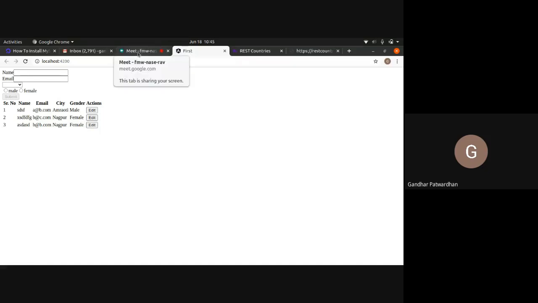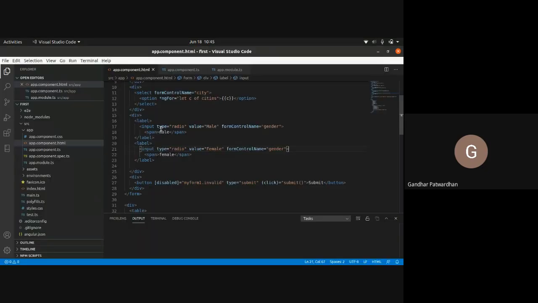It is pretty easy. What have I done? I simply gave the same form control name in both the input fields, where my type is radio. Is it clear? Right. So that is what I have done, and it is pretty easy. No rocket science in it. The only thing is that you need to think logically. Now we'll try one more validation.